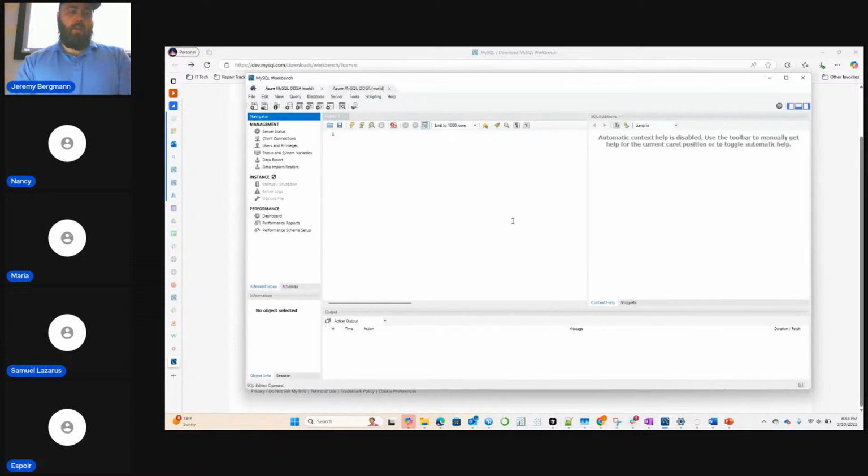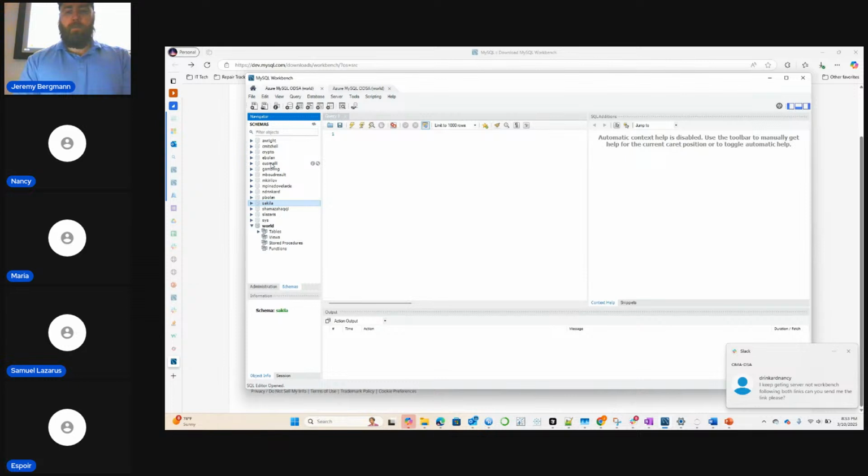When you do it, you'll end up at this screen. You'll see administration, and if you click schemas, you won't see everybody's schema. So just click OK. Should we put anything in default schema? No, it's not that big a deal. You won't see everybody else's names, but you should see the world schema, the Sakila schema, and then your own schema or database with your initial and last name.